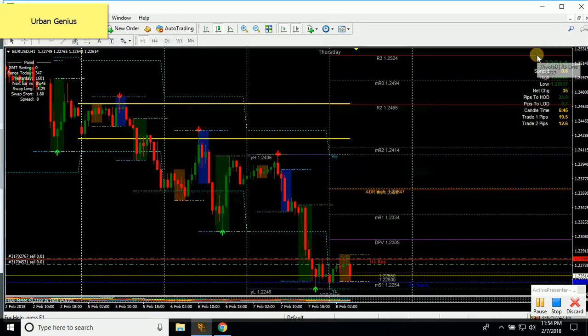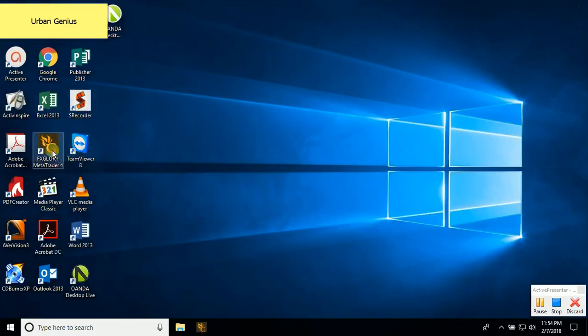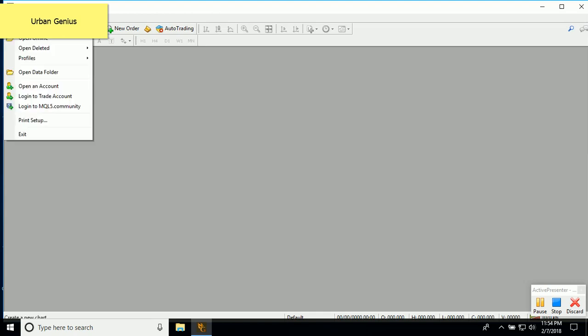You'll close it out. Once you close it out and you've copied and pasted the files in the right folder, you'll close out of MetaTrader 4. You close out of everything. You'll reopen MetaTrader 4 and you should have access to